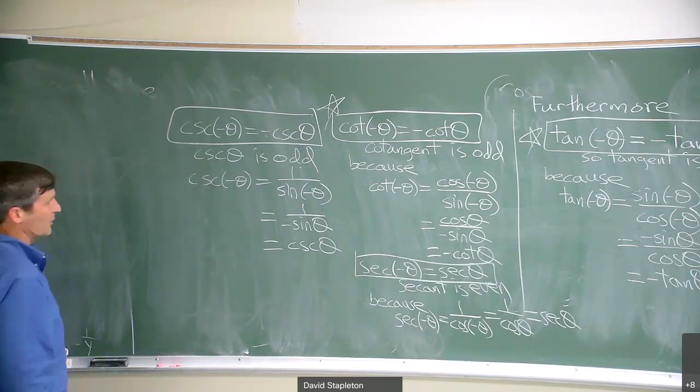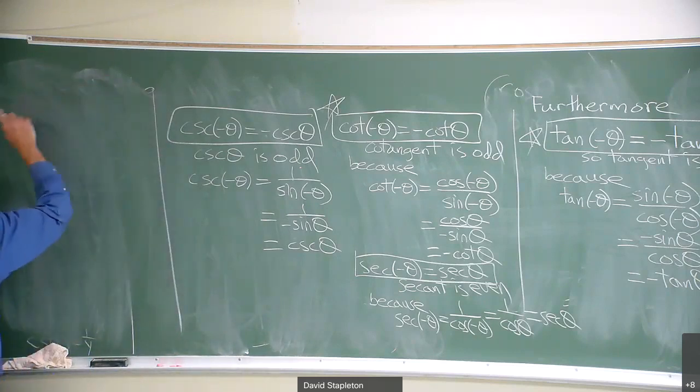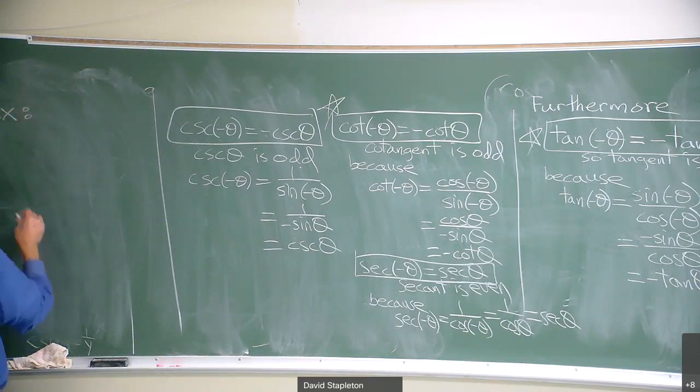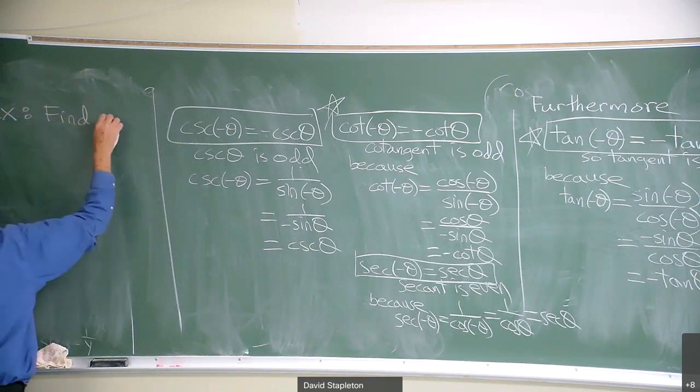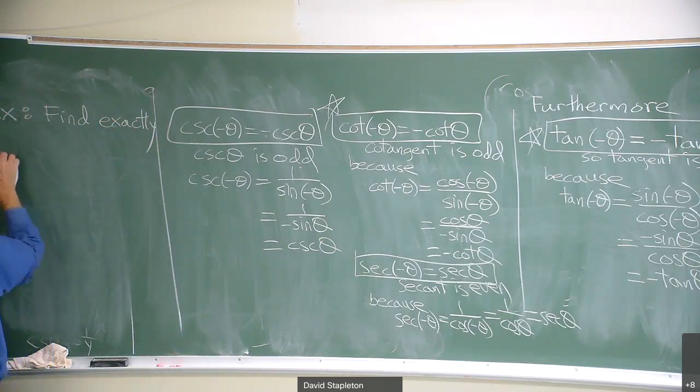Now what those allow us to do, if you want for now, is to avoid doing negative angles like we had to do in that other problem. Let's evaluate again a trig function, and this time let's say find exactly the tangent of minus